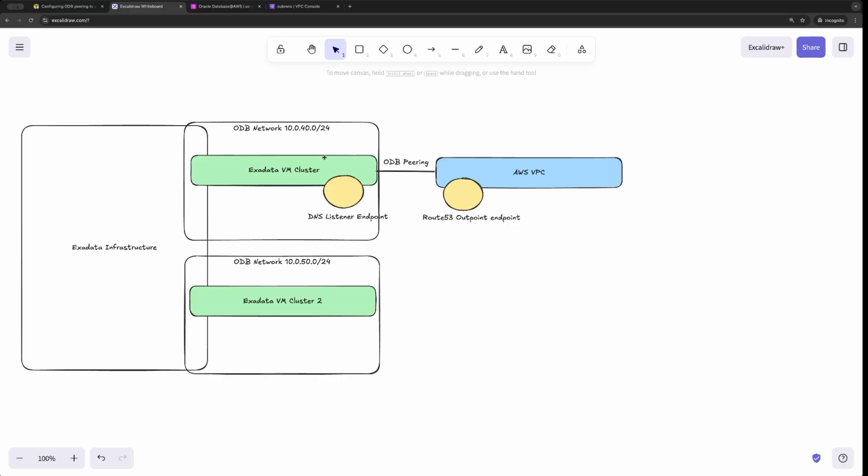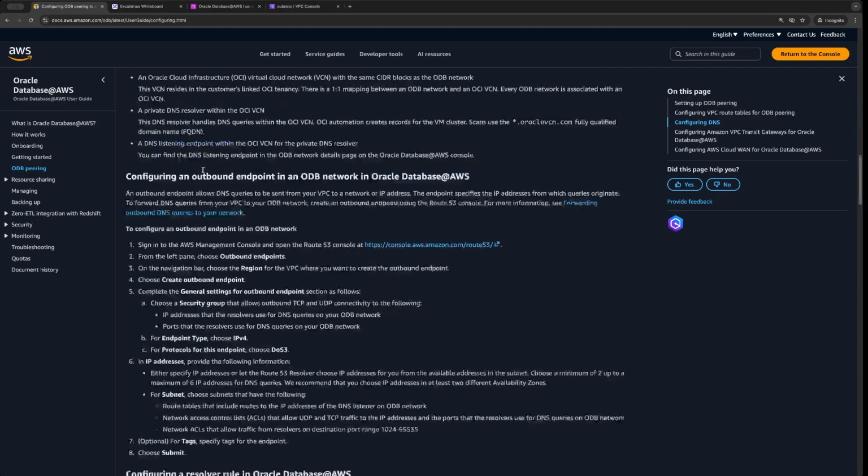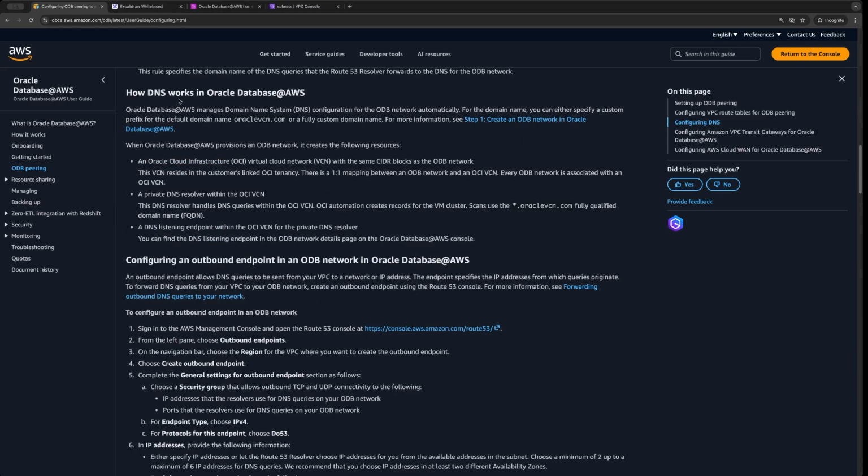If we go into the VM cluster, we can see that it has the SCAN address, which is under oraclevcn.com, and on the AWS VPC, if you want to connect using that SCAN, we obviously have to resolve it. So one way, and what the documentation says as well, is that it explains how DNS works in Oracle